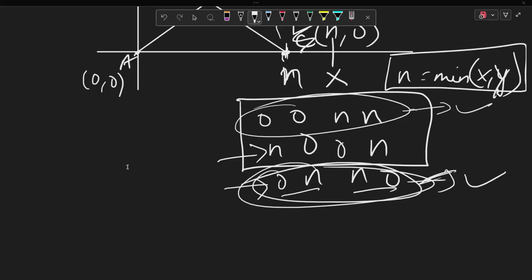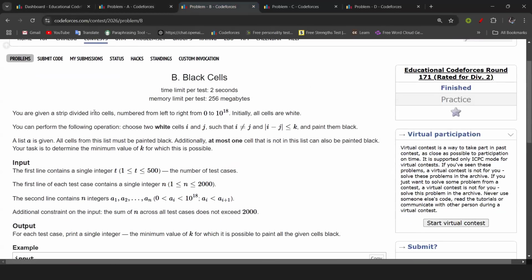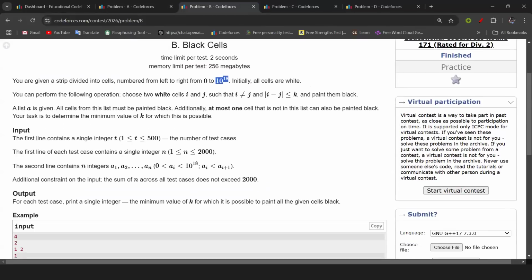Okay, let's move to the next problem now, which is problem B. You are given a strip divided into cells, numbered from left to right, from 0 to 10 to the power 18. Initially, all cells are white. You can perform the following operation. Choose two white cells, i and j, such that i is not equal to j, and the distance between i and j is less than or equal to k,